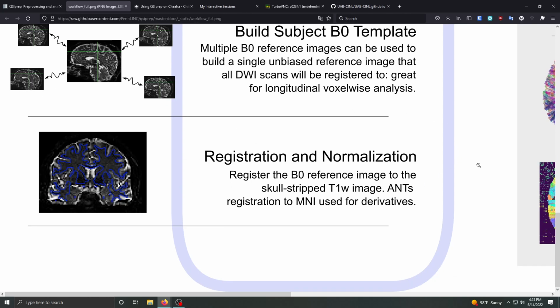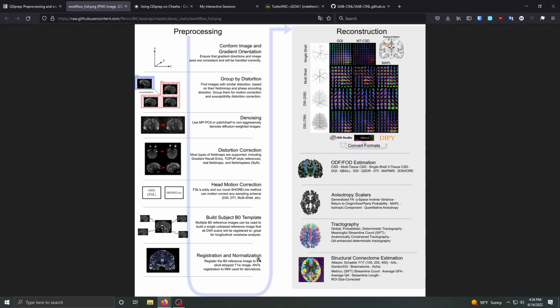And then it performs registration and normalization. It takes all of your diffusion data and co-registers it to T1 native space first, and then if you so choose, it will register it to a template space, so to standard MNI space, whatever you want. It does go through T1 space first, though. From there, that's the pre-processing stream. You can stop at the end of the pre-processing stream, which is what we're going to do in this tutorial,